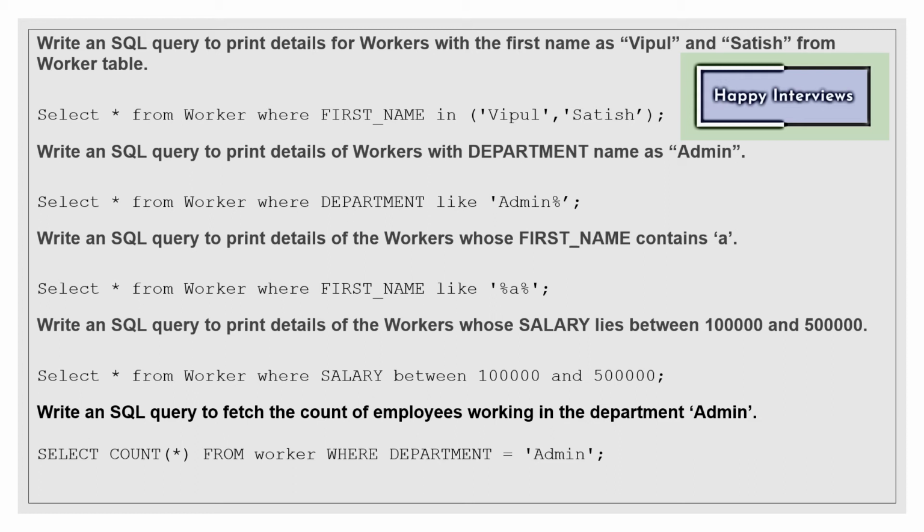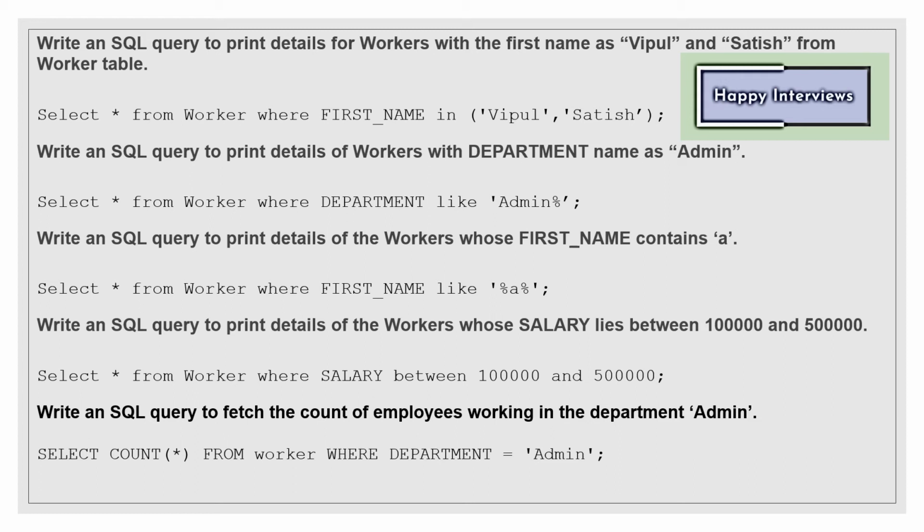One name is like Ram. So underscore underscore and then m, that's how it works. But if I have given percent and then m, then in that case all the names which end with m will be displayed, there can be any number of characters there. It doesn't matter. So percent is like any number of characters, whereas underscore is one underscore for one character.